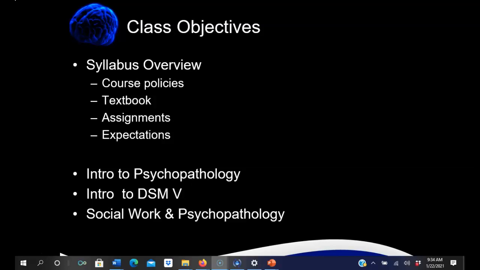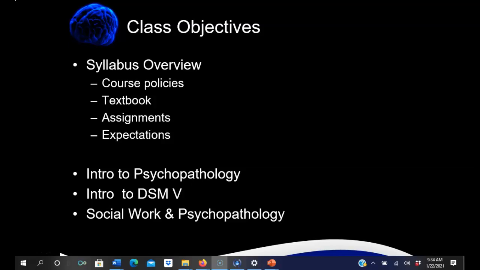Please be mindful that you have some assignments for this course, and the discussion boards are meant to help you understand the readings for the course, and also see how other students are engaging with and comprehending the readings as well. Also, the assignments are meant to incorporate your understanding of the readings, but also to help improve your diagnostic, intervention and treatment planning skills that you'll need, not just for the licensure, but in professional practice as well. And so we will be relying heavily on the DSM-5 for that.